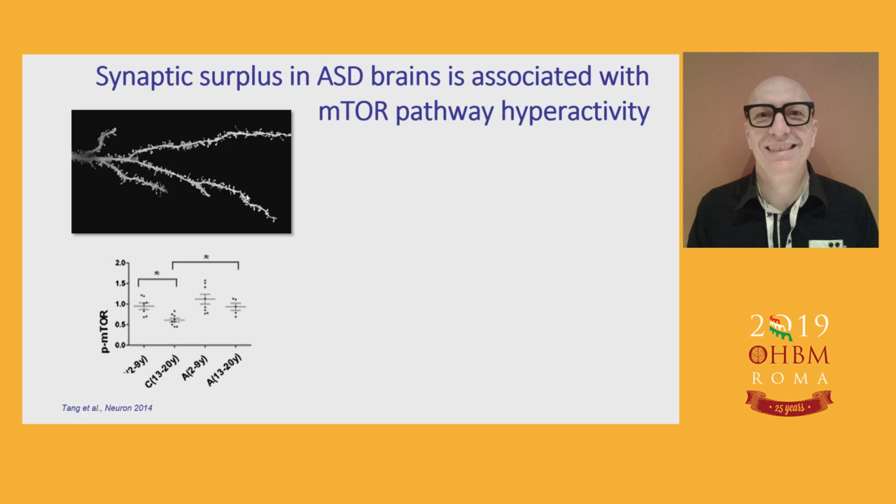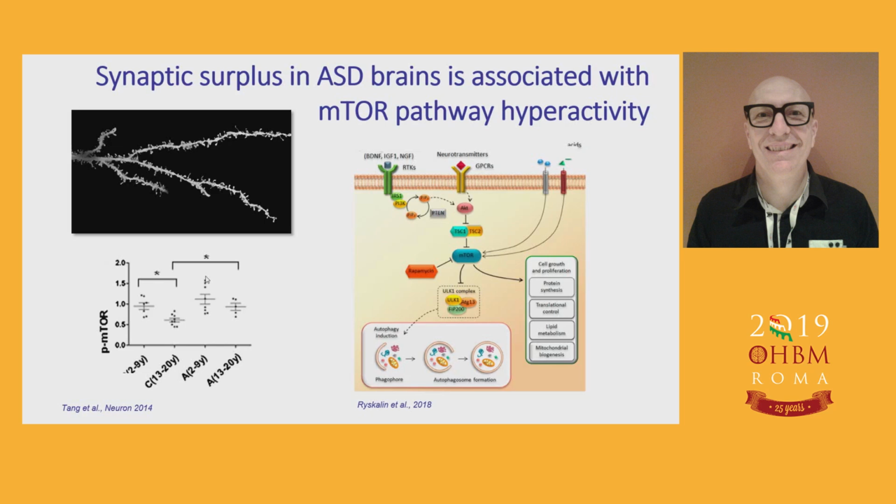Basically, what the Salzer lab demonstrated is, first of all, that in post-mortem autism brain, there's an excess of synaptic spines. And most importantly, in many of these spines that they counted, they found a specific biochemical signature. This biochemical signature is called mTOR pathway hyperactivity. Now, it's not important that you understand what this pathway is, I'm sure many of you know it. But the key message is that this is a pathway that is very central to autism because many mutations converge onto it, like PTEN, TSC2, and so on and so forth.